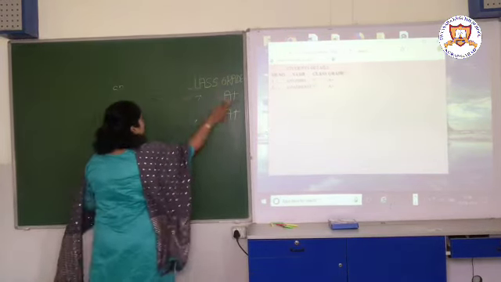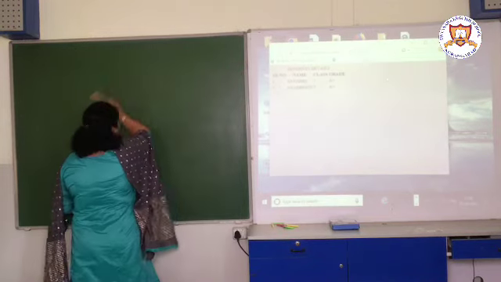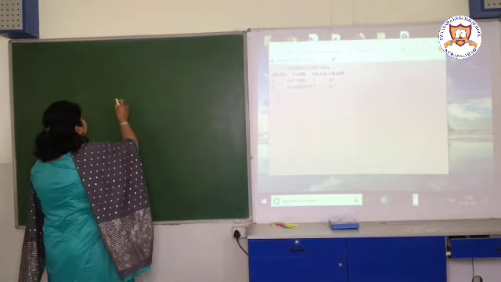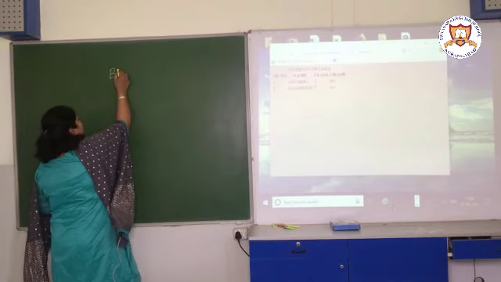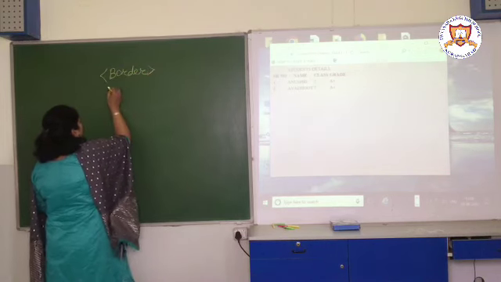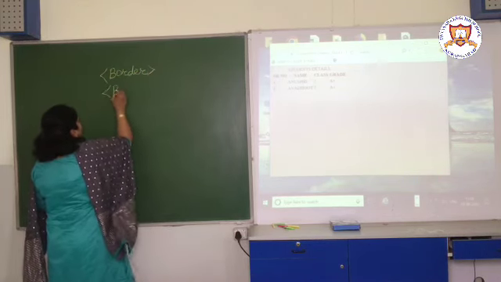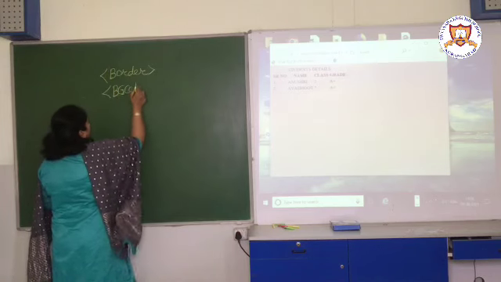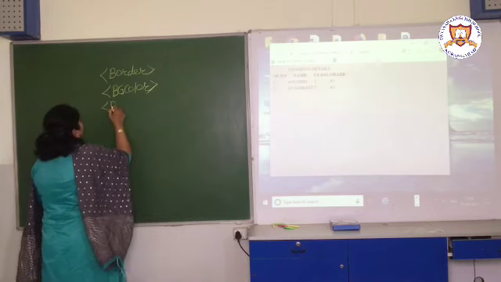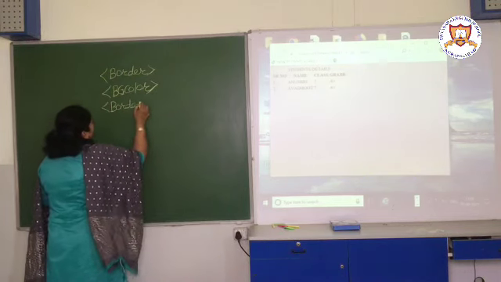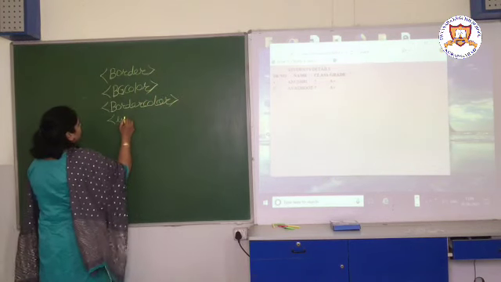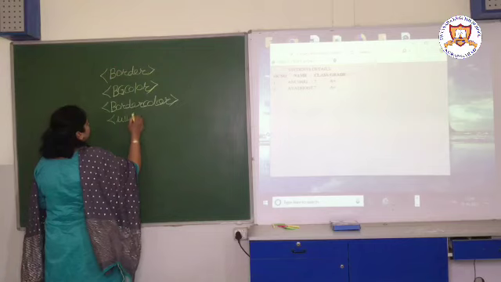So in your notebook also you copy down the attributes. In the table tag we can specify different attributes: border, the second one is BG color, border color, width.